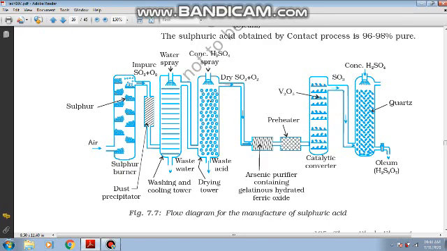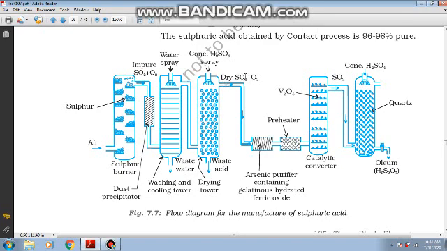Children, sulfuric acid is the best dehydrating agent as long as it does not react with your target molecules. And here also sulfuric acid will be sprayed over this mixture of gases to remove the excess of water vapors. Now you see here this waste acid will be collected and it will be utilized again. Fine. So this is not like H2SO4 is wasted over here. This H2SO4 will be collected from this place and it will be subjected to purification,